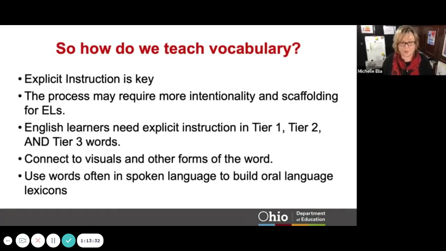So how do we do it? Well, we have to teach it explicitly. We can't just say, look this up in a dictionary and then write it in a sentence, or hope that they gain meaning from context. It doesn't work that way. We have to provide explicit instruction. And with ELs, we have to provide explicit instruction with a lot of different types of vocabulary. So let's talk about the different